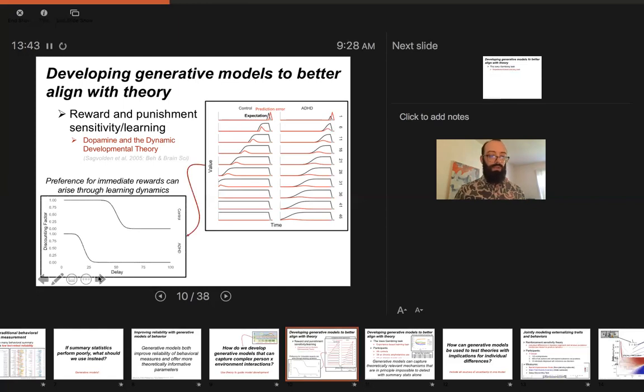You can derive a curve from this, with this discounting factor when it's at 1. With increasing delays on the x-axis, when it's 1, I'm not discounting at all. For the control model, you can see across all these delays up to 25, I'm not discounting a reward. But once the delays get up to about 50, like maybe 50 minutes, 50 hours,